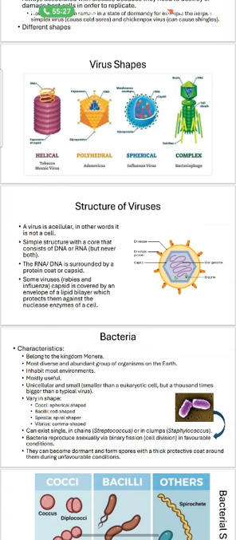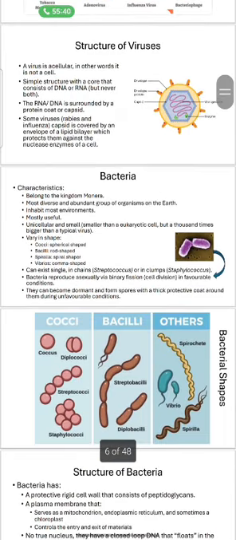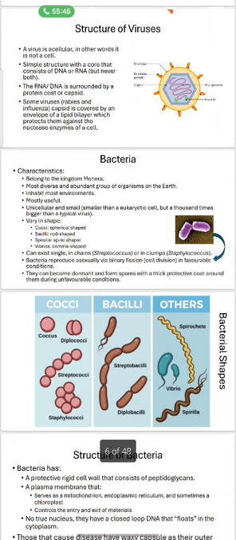Cocci, which is spherical shaped. Bacilli, which is rod shaped. Spirilla, which is spiral shaped. And vibrios, which is comma shaped. They can exist single, in chains, streptococcus, or in clumps,